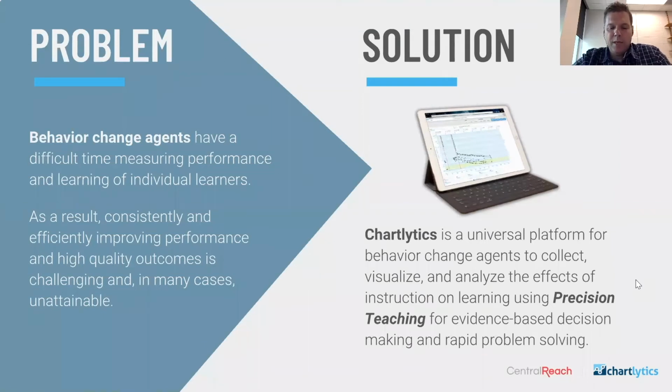Other issues could be that you have made a change when really you didn't need to. The program was going along fine and you make a change. So we came up with Chartlytics, and as you can see from that picture, we are a universal platform, and